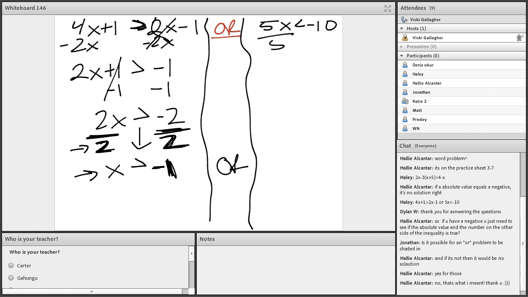And then on this one, I'm just going to do one step. And again, I'm dividing by a +5, so I don't have to worry about flipping my inequality or anything. So I'm going to go like this, and that's -2. Okay, if I draw a number line out,